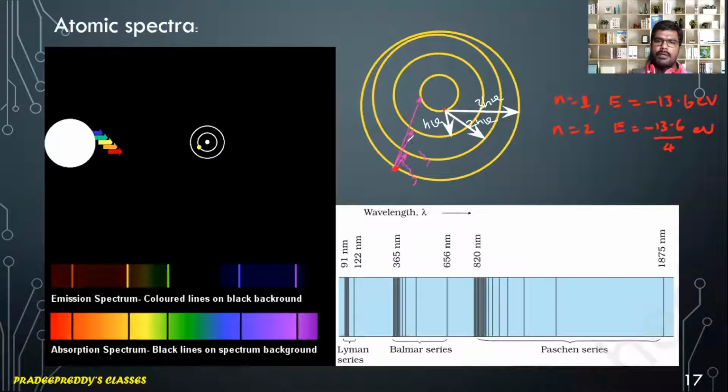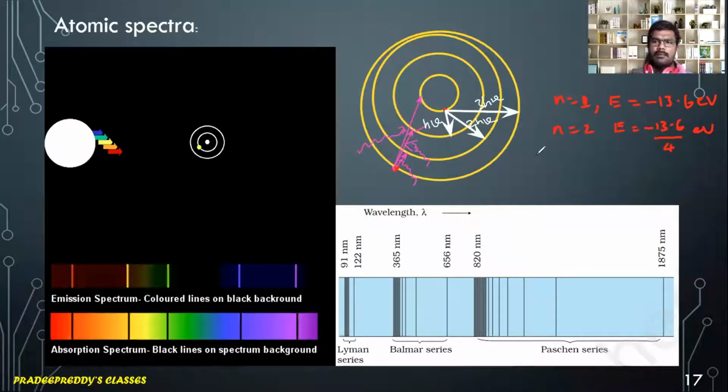It can absorb h nu amount of energy, 2h nu amount of energy, and it can undergo transition to this orbital. Likewise, it can absorb some amount of radiation and it can enter into this orbital. So it has two possibilities. It can take energy and enter from a lower energy level to a higher energy level. It can release energy and take a transition from a higher energy level to a lower energy level.